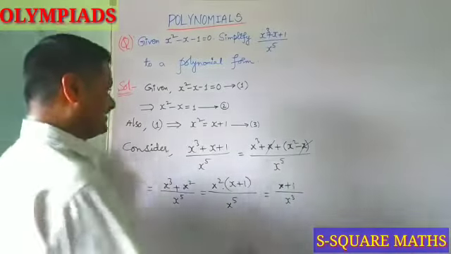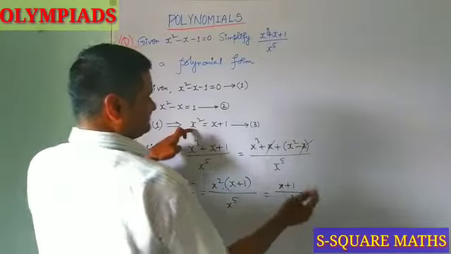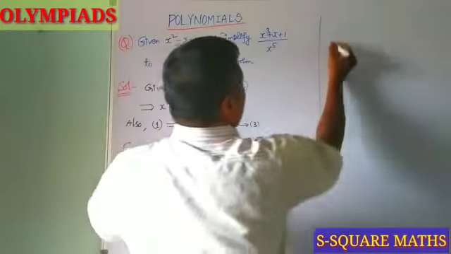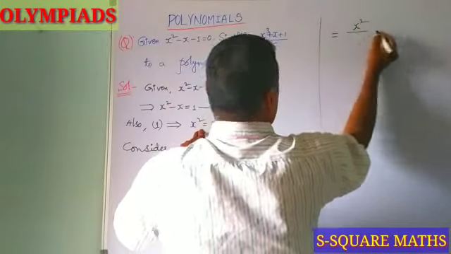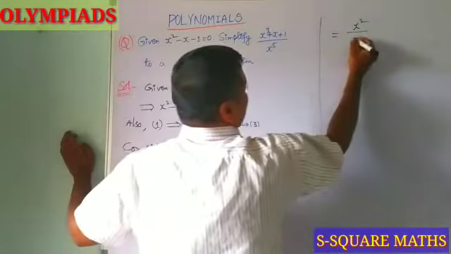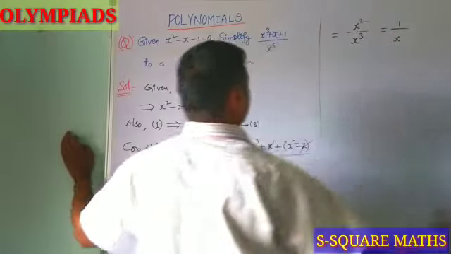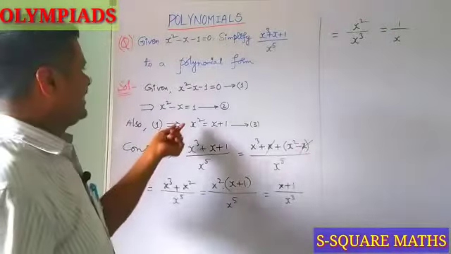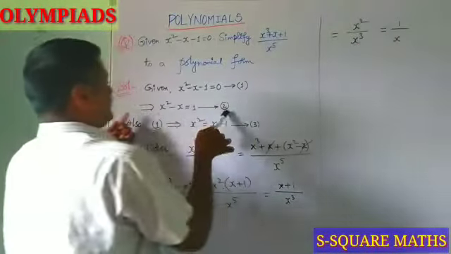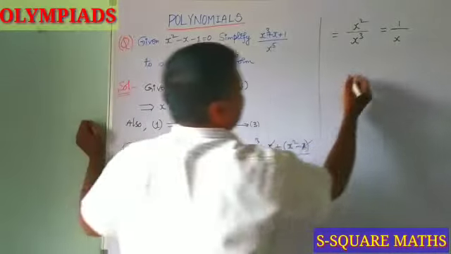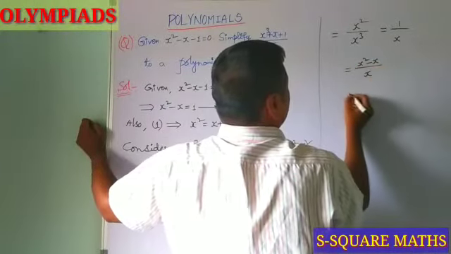So next again here x plus 1 can be written as now again x square. So x plus 1 is x square and here it is our x cube. So x square by x cube gives you 1 by x. Again 1 can be written as, we have from equation 2, x square minus x. So x square minus x by x.